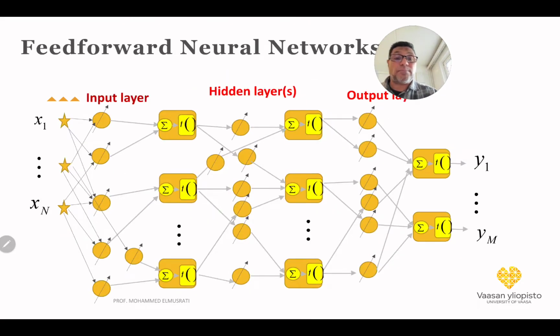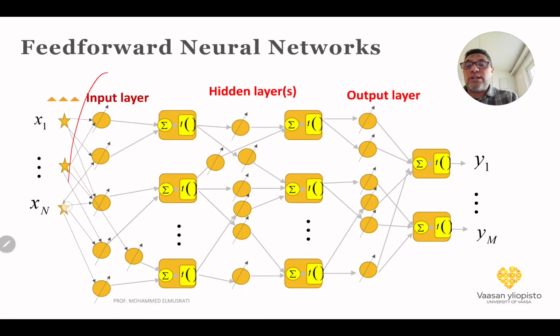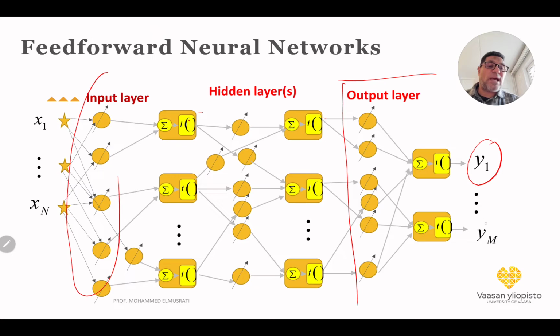cells. Okay, we can actually have multiple layers, as you can see. So we have the input layer, and then we have hidden layers. We can have any number of hidden layers. Then we have the output layer. Then we have here the outputs. In the output layer, actually, the number of neurons in the output layer must be the same as the number